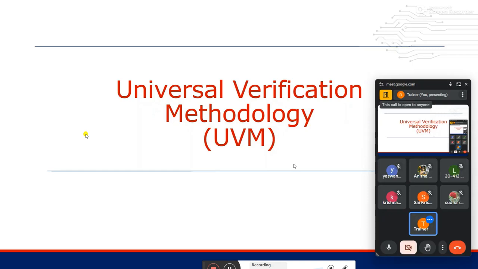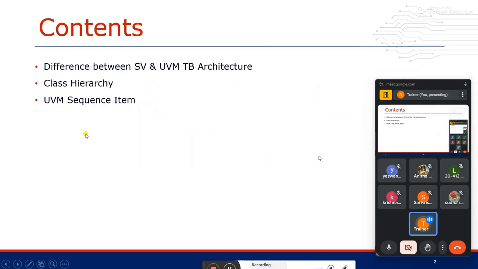Still some are texting for adding in the group. Okay, this advantages point, even in SV also I told the same. On the first day you should not memorize the advantages, because even if you memorize it, it is a waste. Simply for namesake you have to memorize, that you don't do. In SV also I told the same, in UVM also I'm telling the same. On the first day you just understand why it actually exists, that's it. The advantages you have to study at the end, because by the end of the syllabus you will have completed the full syllabus and you will have clarity on which topic what exactly the enhancement is.